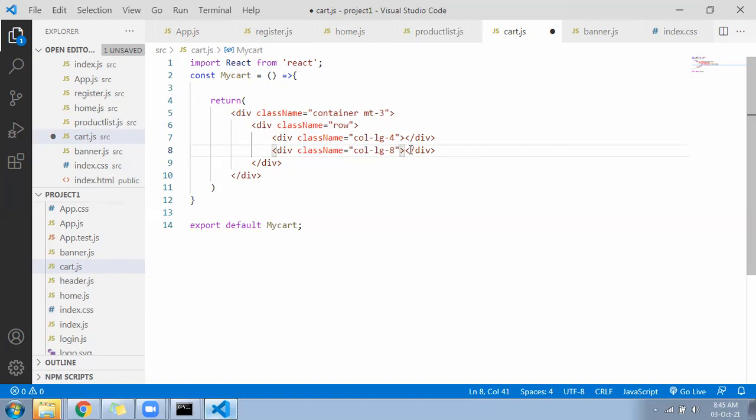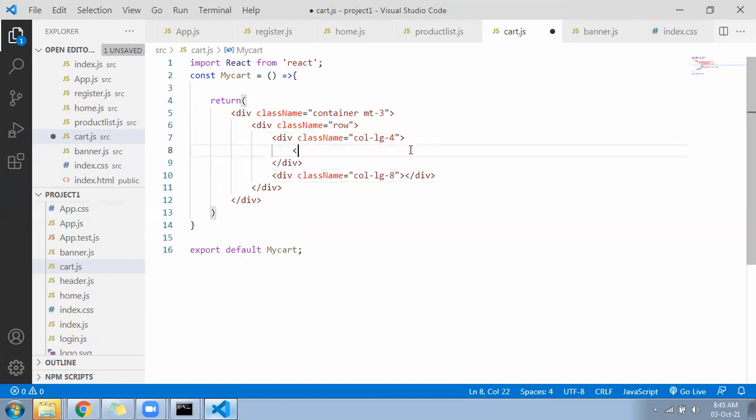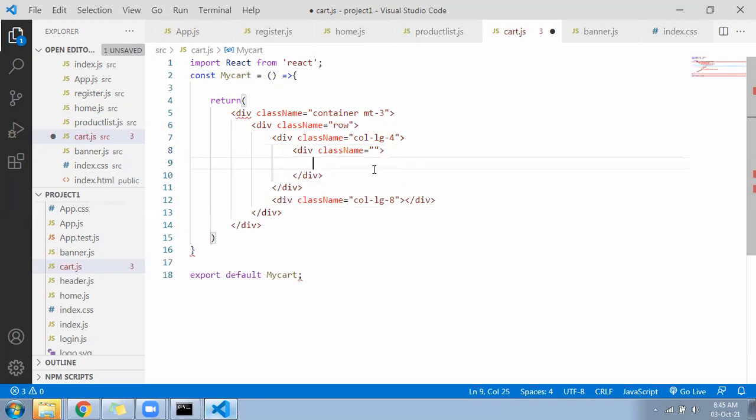Inside the 4 you will have a div, className equal to bg-light, or maybe bg-primary, p4, rounded, text white.